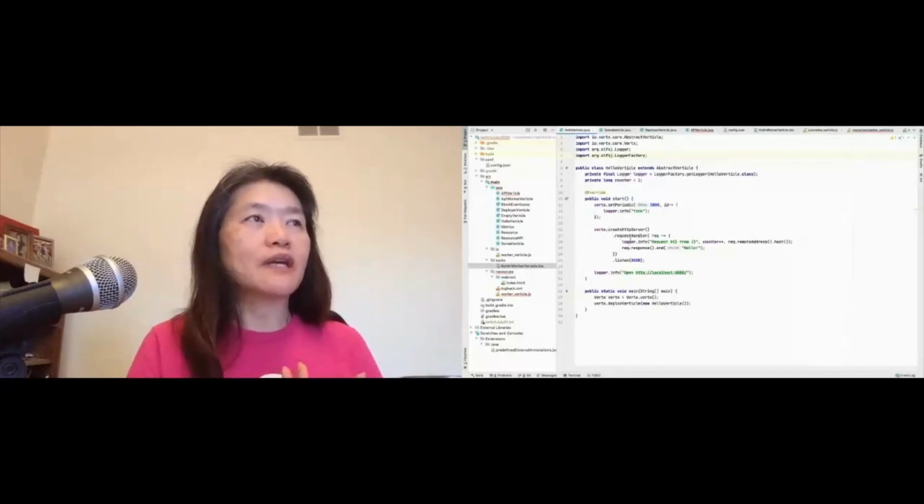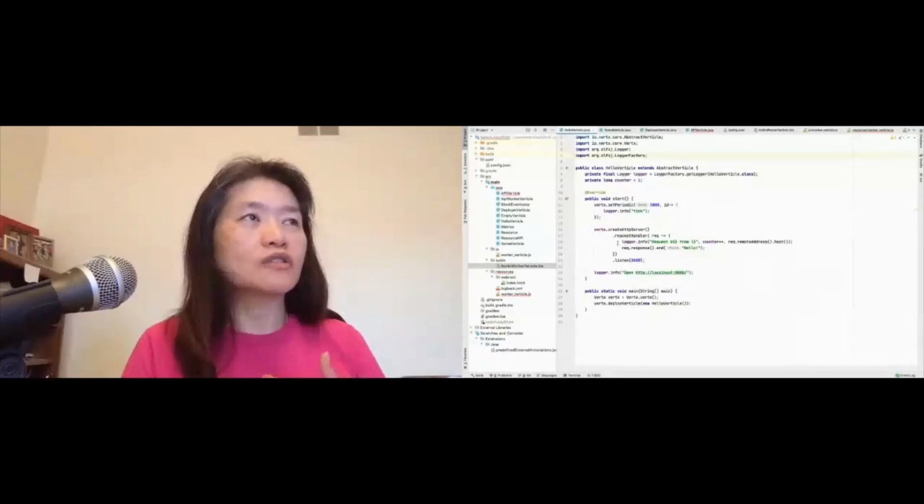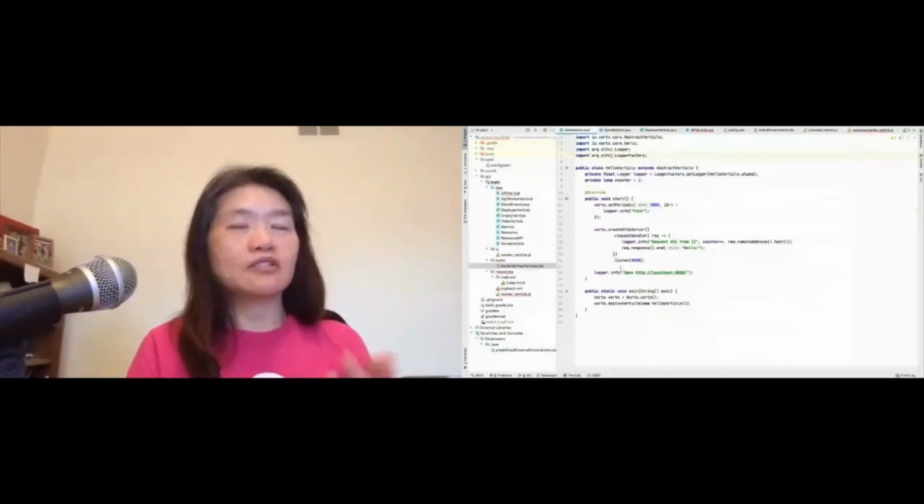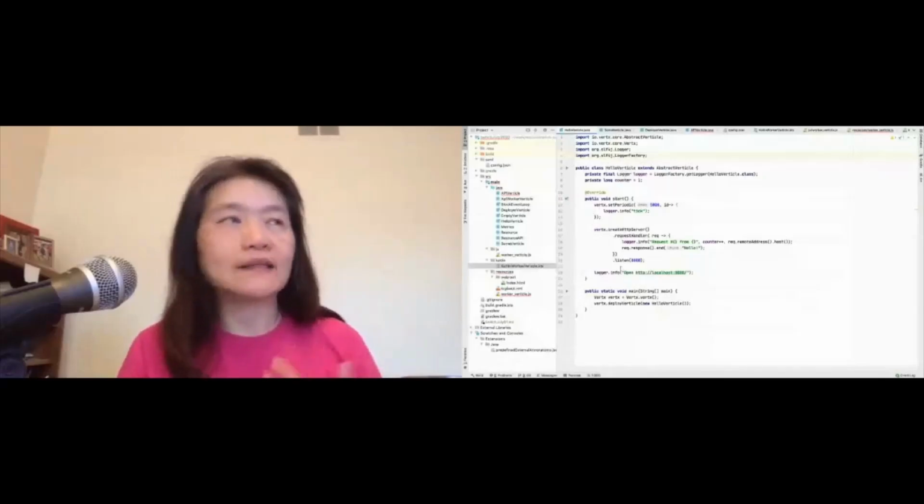And basically you can then do this immediately, making use of a functional style of programming. You chain all your calls together. You have a dot request handler and you use a lambda. It's basically take this particular request, and from the request I get the response and then print out hello. Then I also bind this HTTP server, bind it to the listener and to port 8080. And that's all I'm doing.